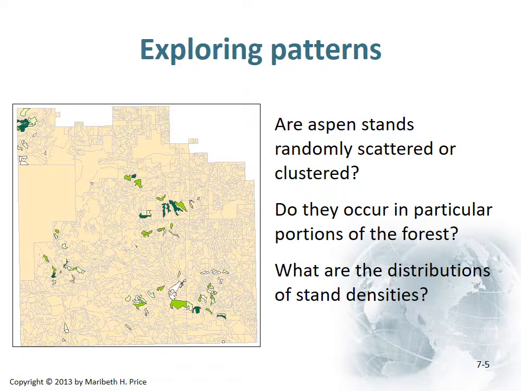And so when we have queries that we can pose of our data set, one of the things we're very interested in geography is figuring out, well, what are the patterns of where these things are? And so using that same example of aspen stands, we might say, well, are they randomly scattered on the landscape? Do they tend to cluster in particular locations? Are they found in particular areas? What are those distributions of the stands and their densities? And not only that, but then we're also perhaps examining other